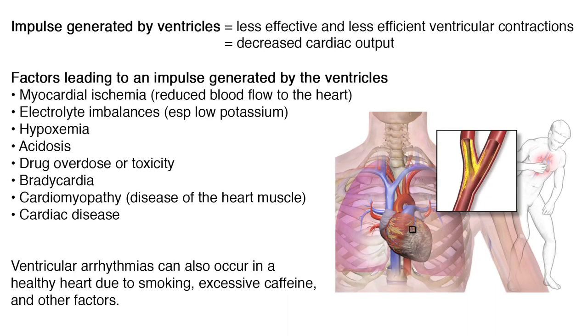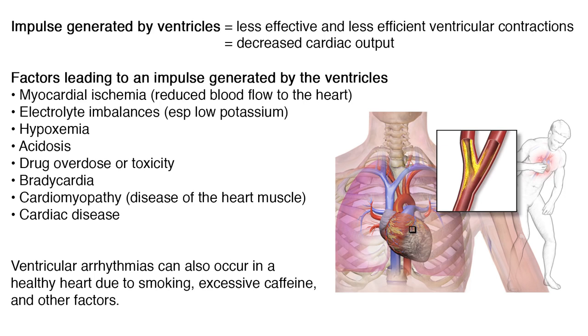Problems arise when impulses vary from this normal pathway. When an impulse is generated by the ventricles, ventricular contractions are less effective and less efficient, resulting in decreased cardiac output. Factors leading to an impulse generated by the ventricles include myocardial ischemia, which is reduced blood flow to the